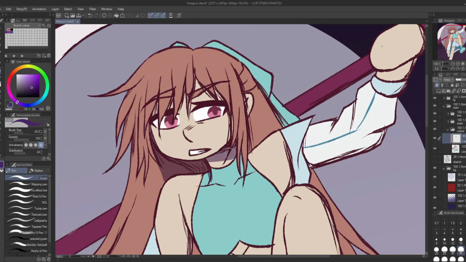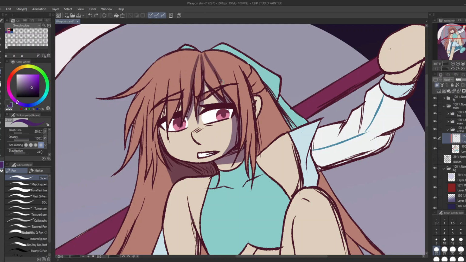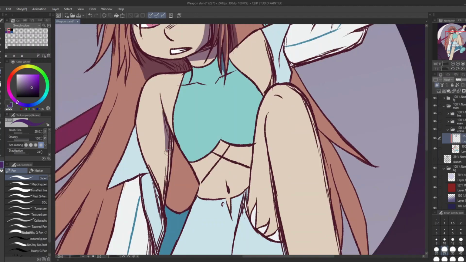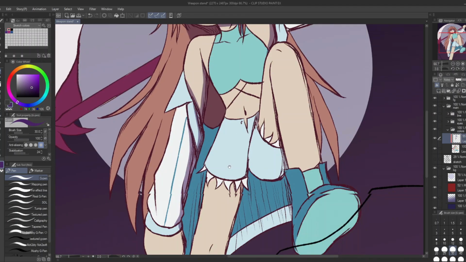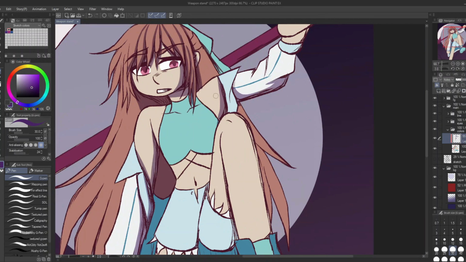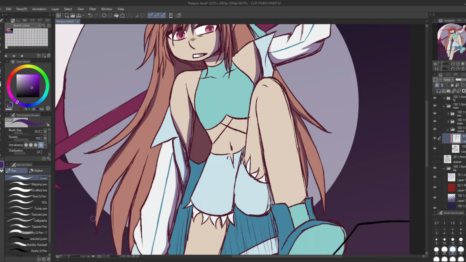But now we're in the rendering stages for this character. Like I said, the light is coming mostly from behind her, although it's more of a room light situation, but I treated it as if it was coming from behind. And yeah, I don't have much to say about the rendering because it's pretty much the same as I usually